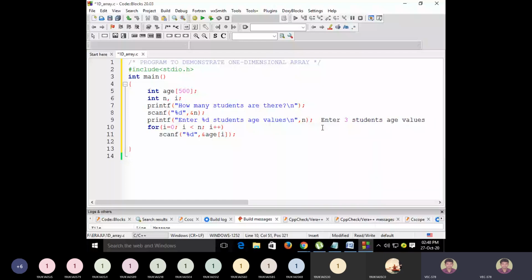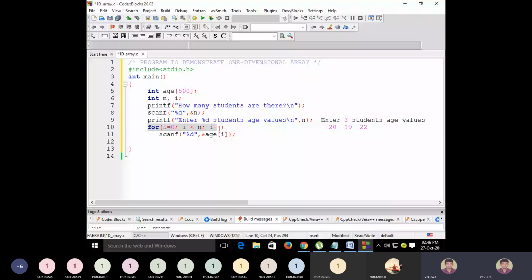Then the user enters 20, 19, then 22. Your program cannot read all the 3 at a time. You have to read one by one value and store in this array. Then your program comes here and starts executing this loop.